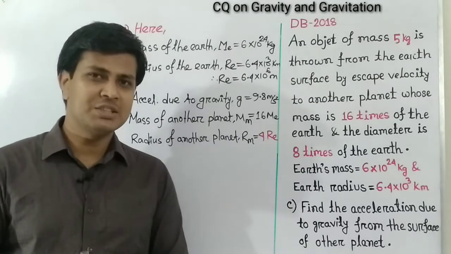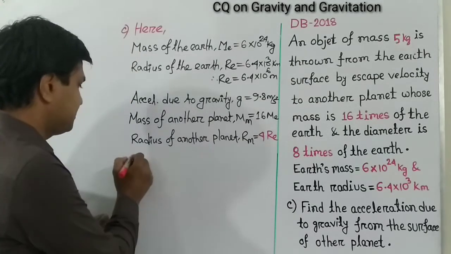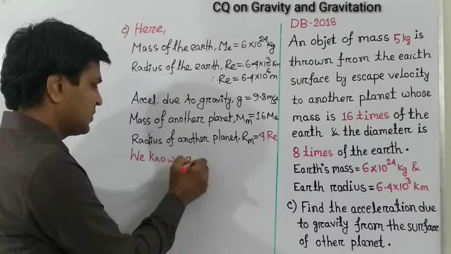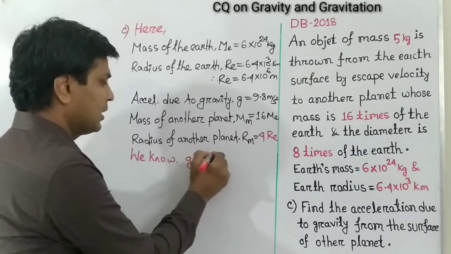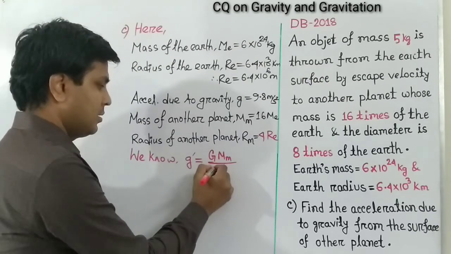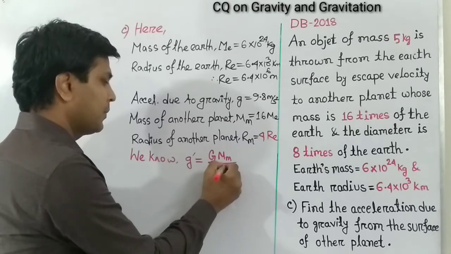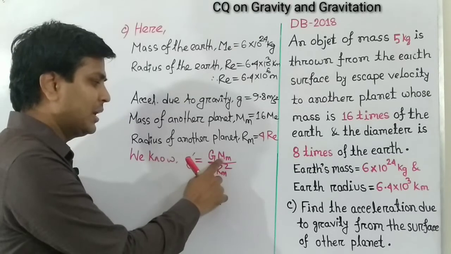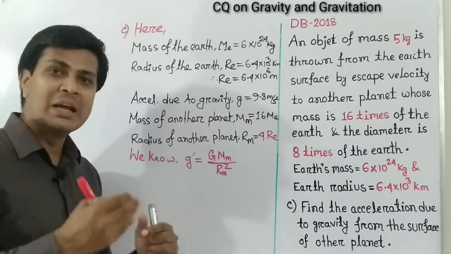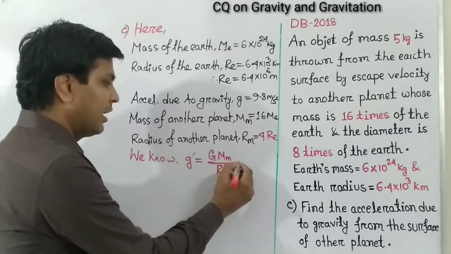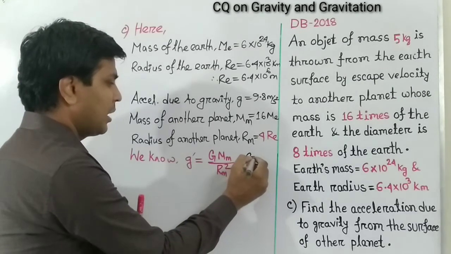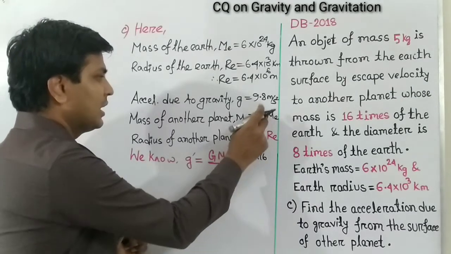We know that to calculate the acceleration due to gravity, the formula is G prime equals capital G, capital M divided by R square. We use here RM and MM because we are going to calculate the acceleration due to gravity of the other planet. So instead of MM, we can write capital G into 16 ME